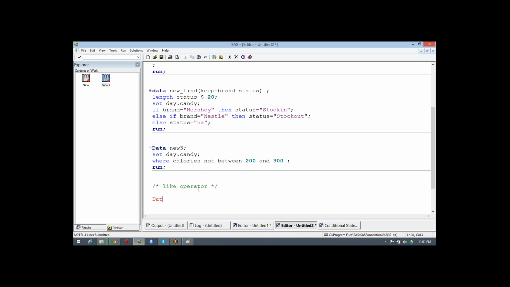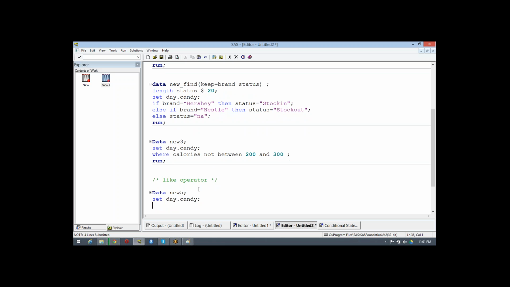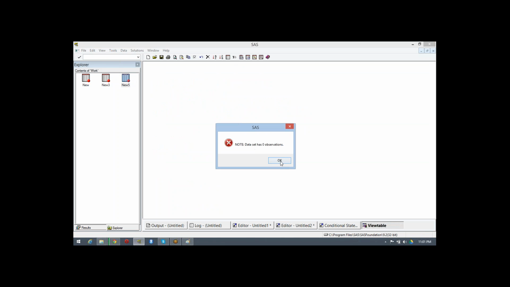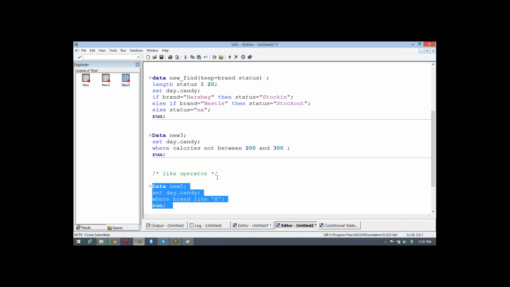So when I create data new5, I use set day.candy, and I say where name or brand like, with a pattern starting with H. So I only want to extract names that start with H.